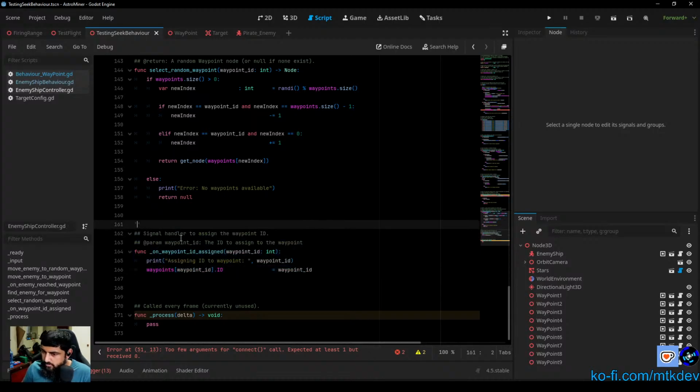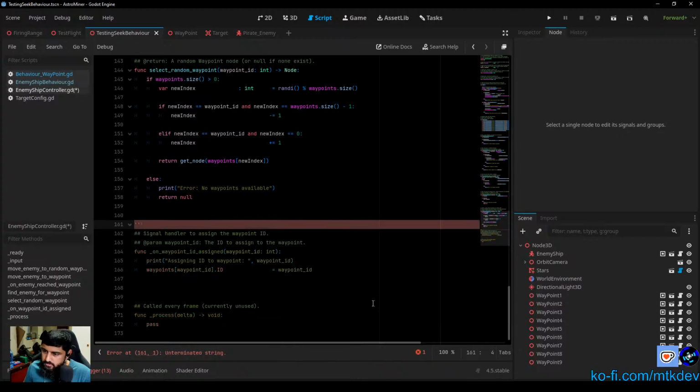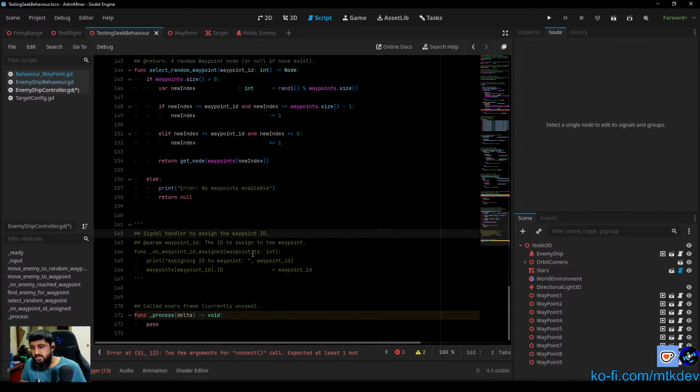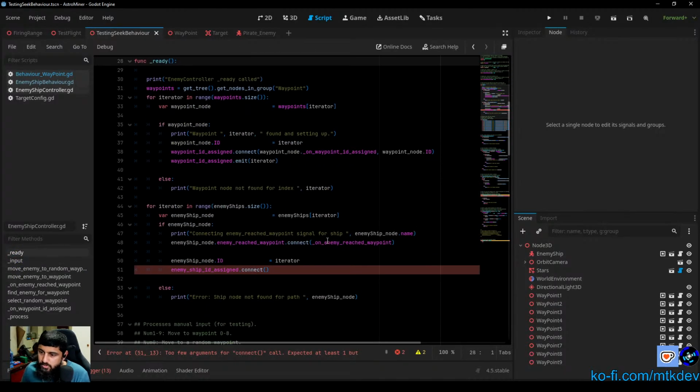So we'll just do triple quote comment to comment out the block, because these don't work the same as a single hash. They become documentation comments, and they stay documentation comments if I add another hash. So then that's not ideal. Okay, anyway, coming back to this, we want an enemy ship ID assigned dot connect